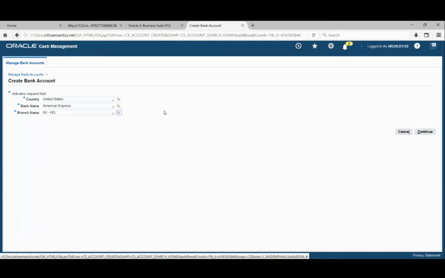These are the details we had earlier: we created a bank called American Express and the branch is NJHQ.